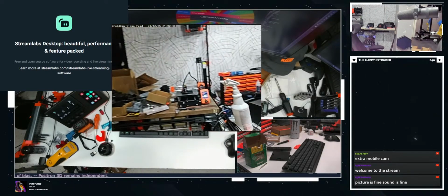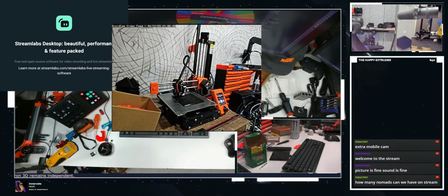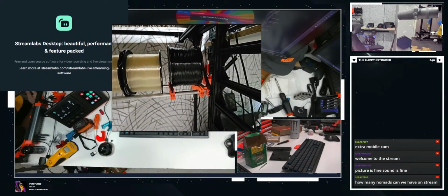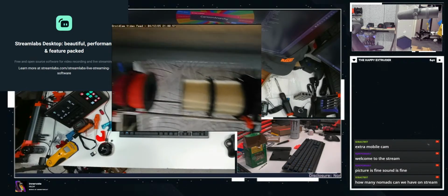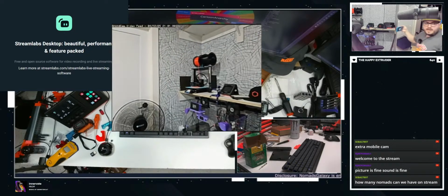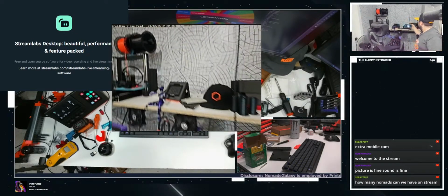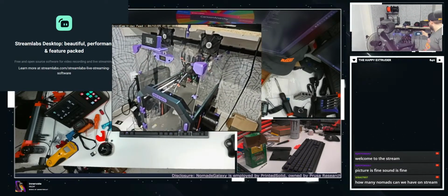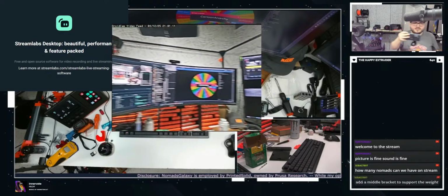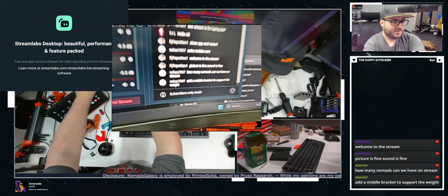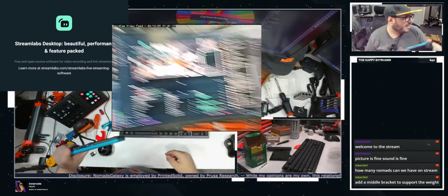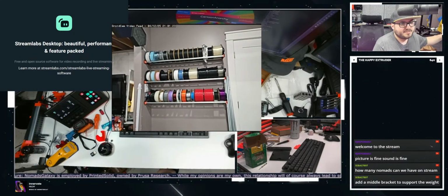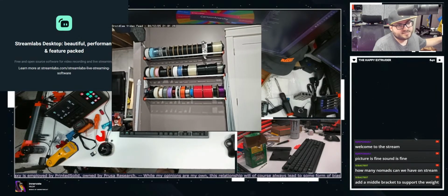And then I have the Prusa Mini over here. It's churning away. And what I have it going is its filament is being fed from below. So this is it. That's what's feeding it. And then over here, I have my other stuff. And then I'm going to add my other printers there within like today or tomorrow, and you know my Excel just churning away. Yeah, and that's how it be. Say hello to yourself, chat. Add a middle bracket. Nah, it doesn't need it. So yes, it looks like it needs it. It's fine. That's metal conduit.